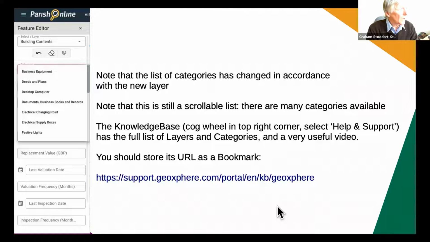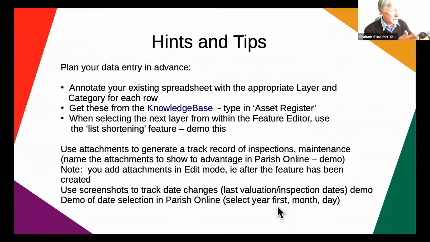So moving on, here are the tips about getting ready for this. Assuming that you have a spreadsheet at the moment with all your assets in it, in rows and columns, it would help if you can add another couple of columns, or put these in pencil yourself, with the layer and category that you want to put each row in. So that's why I mentioned you need to have the full list in front of you,